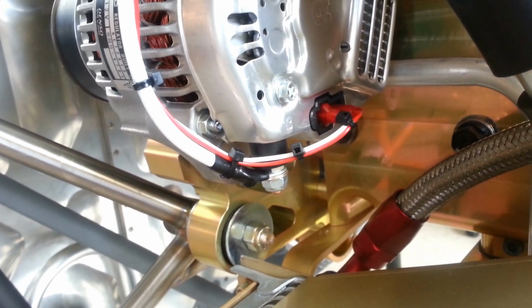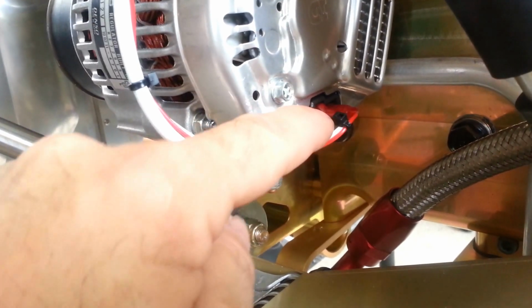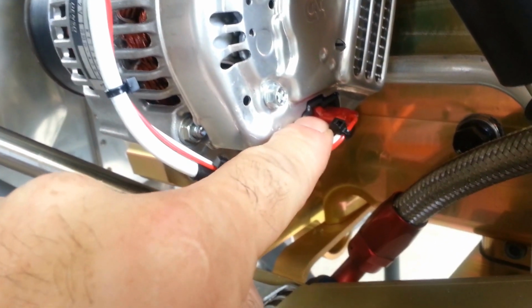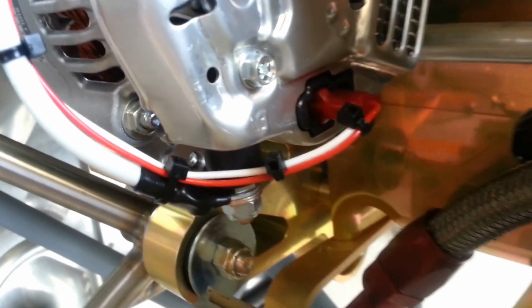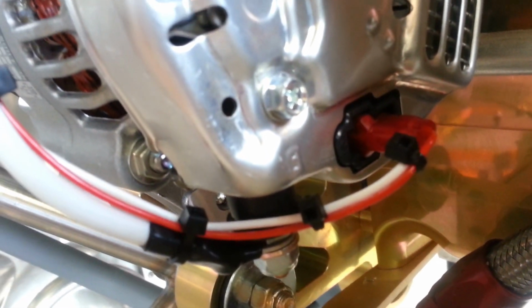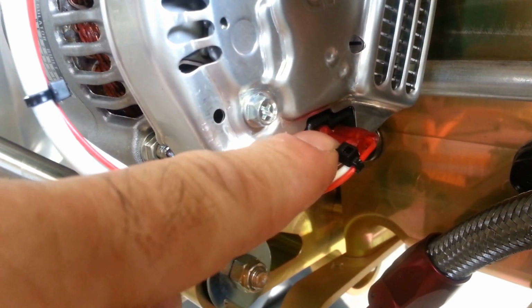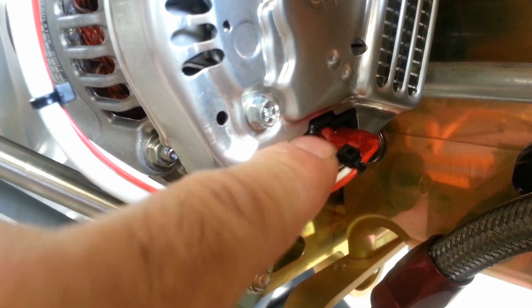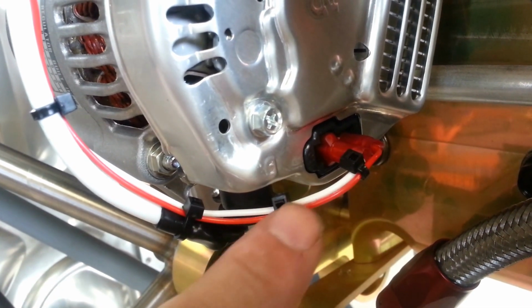There is a wire that says alternator. This alternator wire goes to the first spade on the alternator. There's two spade terminals on the back of the alternator. They form the shape of a capital letter T. The top of the T would then be for the alternator enable wire that comes from the Viking bus. You also want to add another wire to the other spade terminal while you're wiring this, and you route those wires